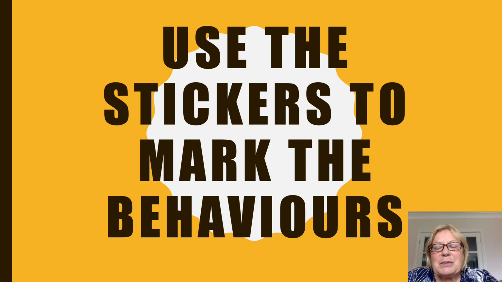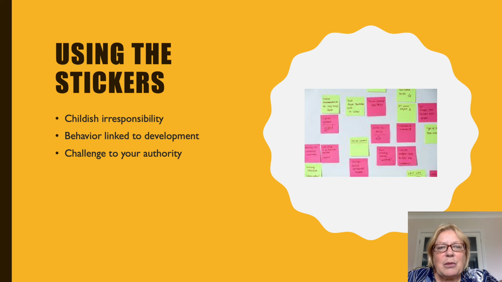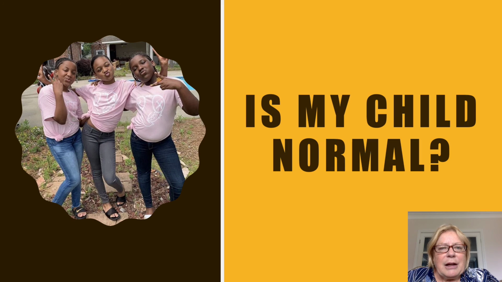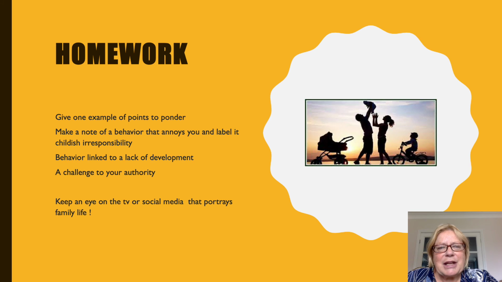We use stickers, we use games, we use all sorts of group work, so we could make sure that everybody understands the 3 types of behaviour and they're not constantly telling their child off, which takes from the relationships. We're going to talk a lot about our children, and this is to sort out, is my child normal? If my child does it at this age, maybe your child does as well. Maybe it's very normal to get people at this age doing that sort of behaviour. It's a nice supportive group to talk through this sort of thing.